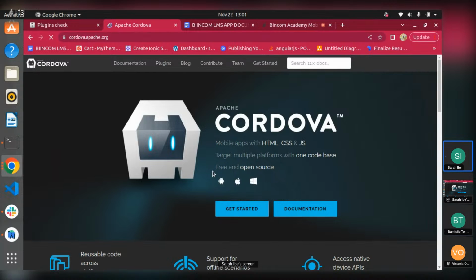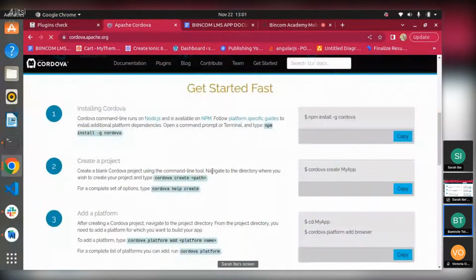Okay, so after installing your Cordova, let's say you want to build an application, there are specific terms used for these tools. You can't just type in anything and expect it to work. There are terms it works with.